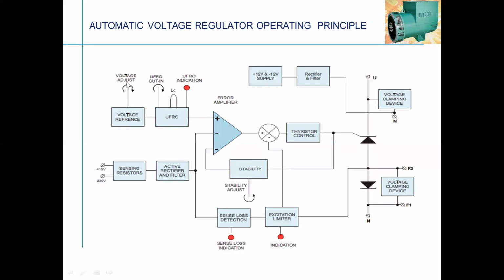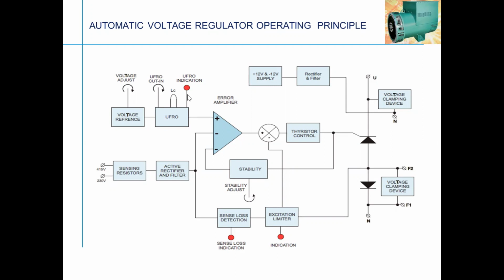Of course, there is a voltage requirement. How much voltage? My voltage requirement is 415 V or 3.3 kV, 6.6 kV or 11 kV. So there is some control. There is a control voltage adjustment. UFRO, under frequency roll off. That means with the operating up, I am running at this much speed. I have to run at 1500 RPM. In India, we have been set across 50 Hertz cycles where our engine RPM is that, and fundamentally our